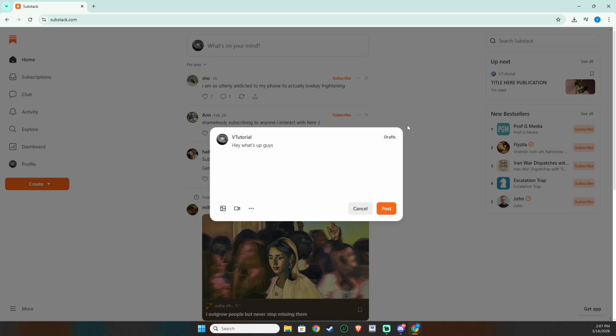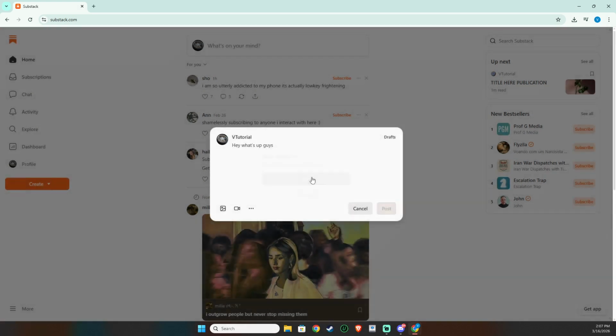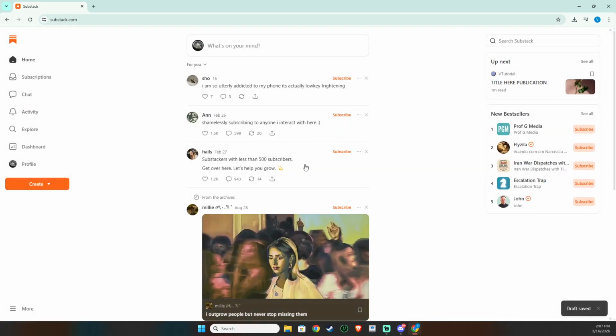When you're done drafting, click outside the post area to exit the active typing field. This helps bring up the general controls around your note. Now click Save as Draft. Saving locks in your current progress without sending it to your subscribers. Drafts are private to you, which means you can return later to refine wording, adjust formatting, or decide whether to add more media before you eventually publish.